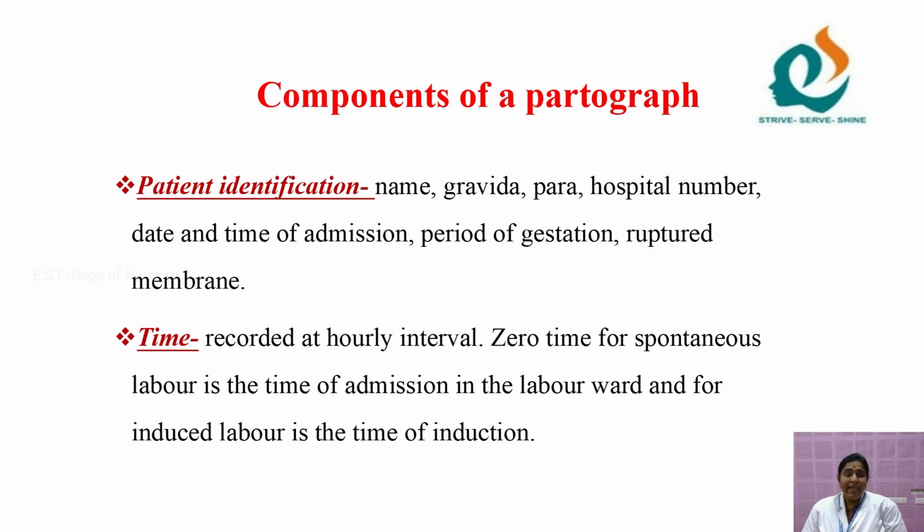So you know the name of the patient, and what is gravida, that is, gravida in a sense is the number of pregnancies irrespective of gestational age, whether she is a first pregnancy, second pregnancy or third pregnancy. And para, number of, it also indicates the pregnancy when the pregnancy crossed beyond the period of viability, that is 28 weeks. That is we used to monitor after delivery, that is para 1.